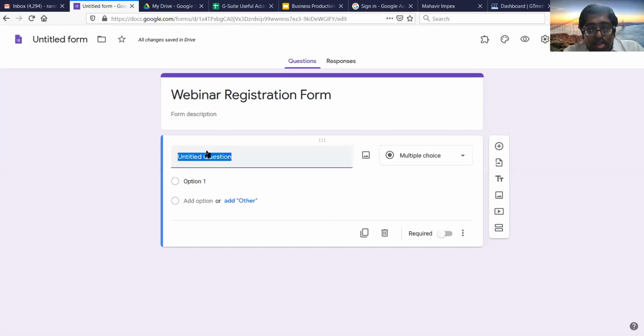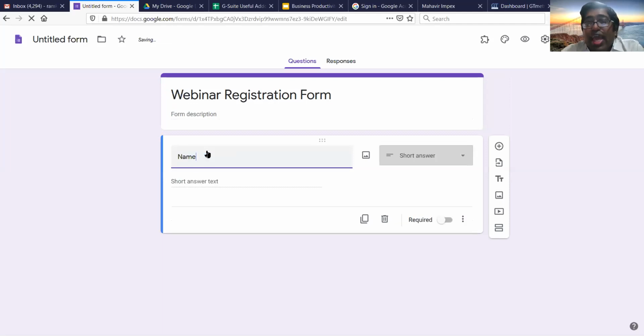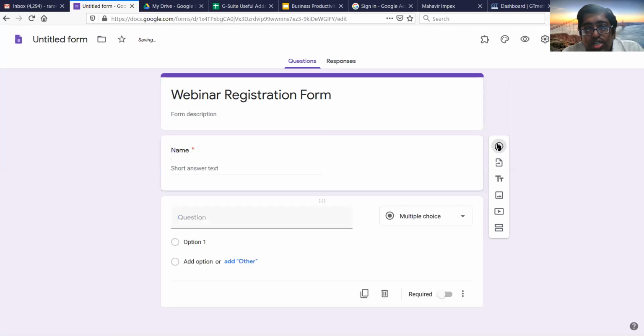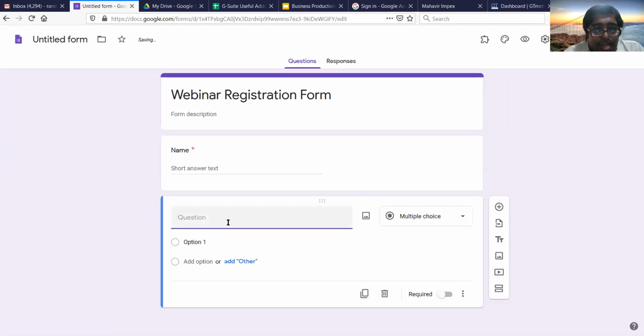So here you can start with name. The best part is it's AI driven. I type name, and automatically the option goes to a short answer, and I can say it is a required field. And then for my next one, I click on the plus button, add question, and here I can type email ID. Automatically again short answer,